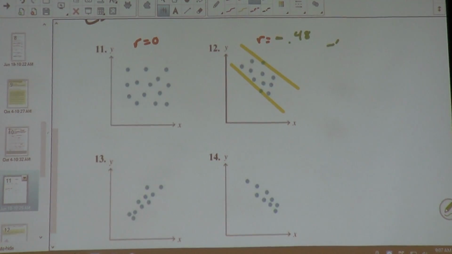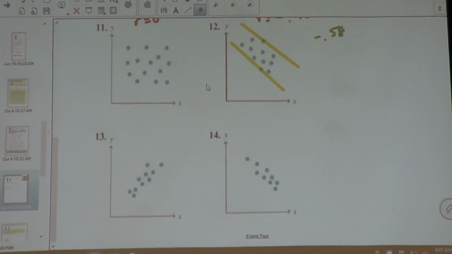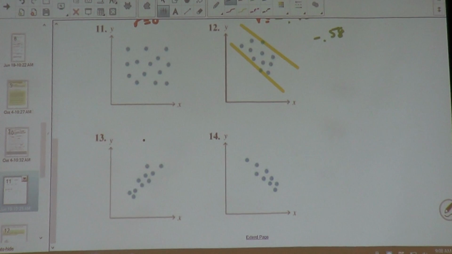So if you say negative 58, if you say anything around negative 50-ish, you're fine. It'll be multiple choice. All right, what about the next one? Is it positive or